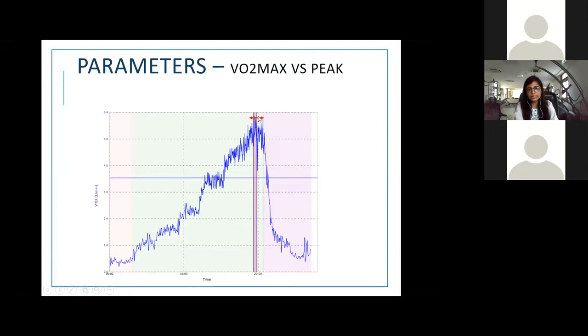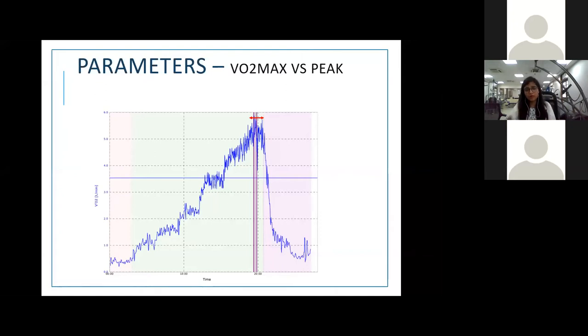So this horizontal part is called a plateau, because with the increasing amount of exercise, the values of VO2 are not increasing, they are remaining almost steady, and that's why it's called VO2 max. Now, if it was not remaining like that and it was going up, and abruptly they could not go beyond that, and when the test was stopped there was an abrupt drop down of the VO2 value, then it is called VO2 peak. So it's more of a terminology which we give, whether it was VO2 peak or VO2 max.